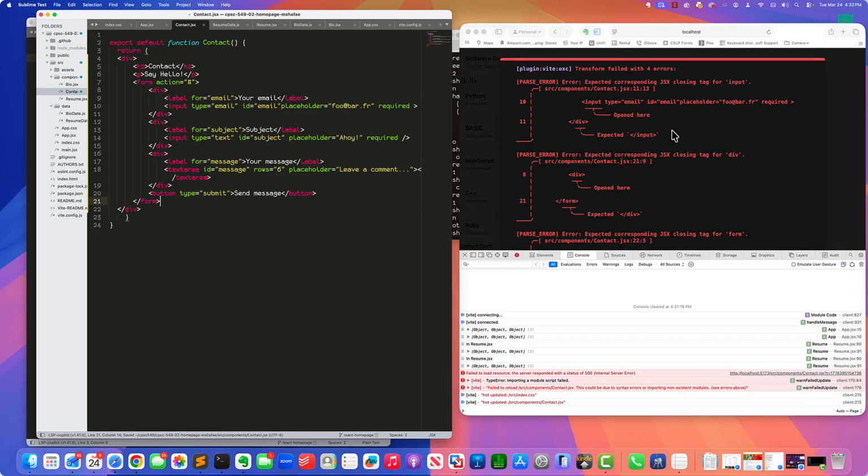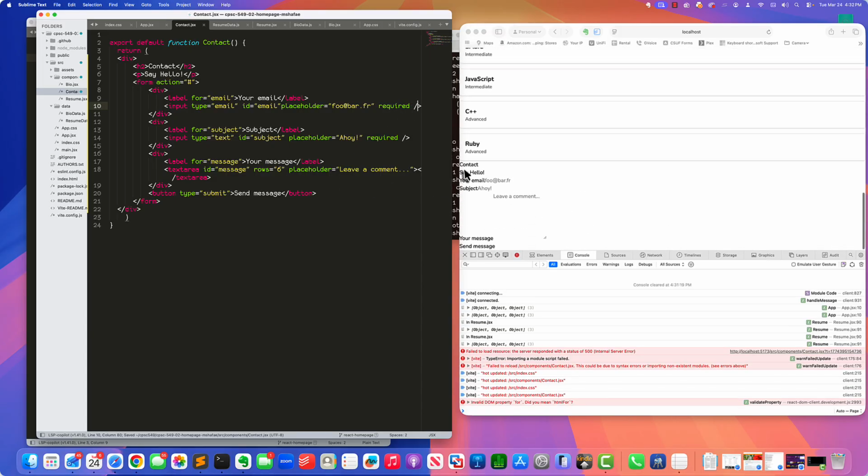And this is the error that you'll get if you forget to close the tag input, because it says, oh, you opened this and you close that, but I expect to see that. So you can just go back here, put that close, and it'll work. Yeah, again, it's not beautiful. We should go back and fix it, but we got a box here where we can write our email address,